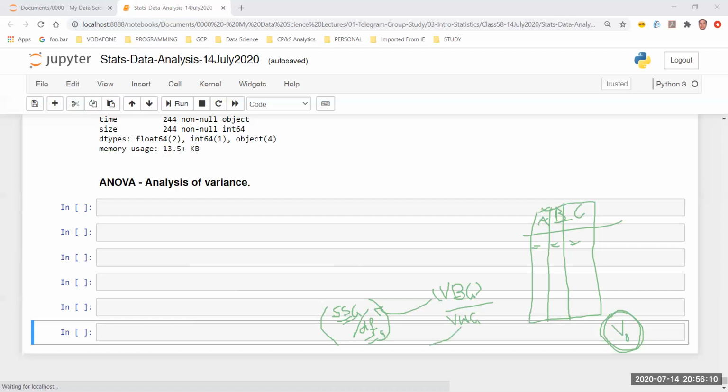Then we have the variance within the group, which is like looking inside each and every group and trying to find out what the variance is within it. This is like finding the variance within each sample, and we already know that when we try to find variance or standard deviation within a sample, it's no longer called standard deviation; it's called standard error. So the calculation here will be called the sum of squared errors, divided by the degrees of freedom for the errors.